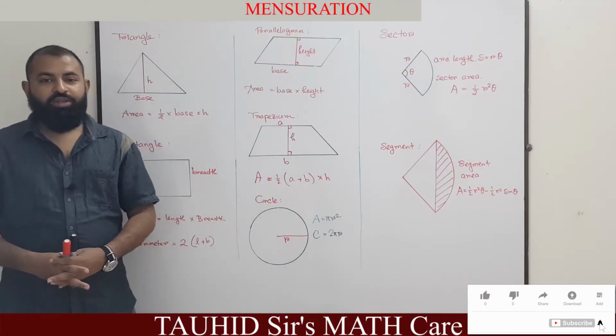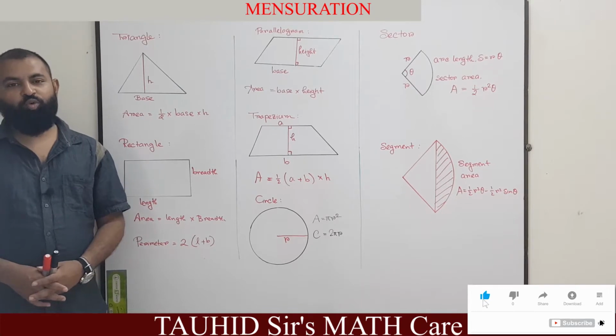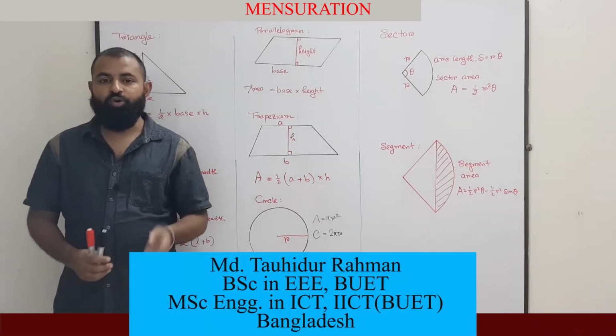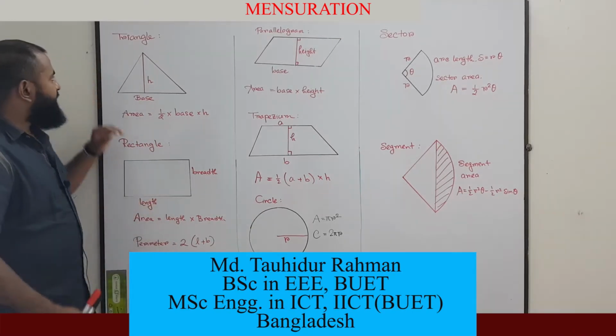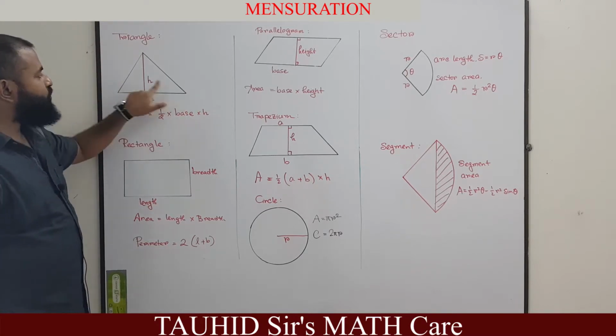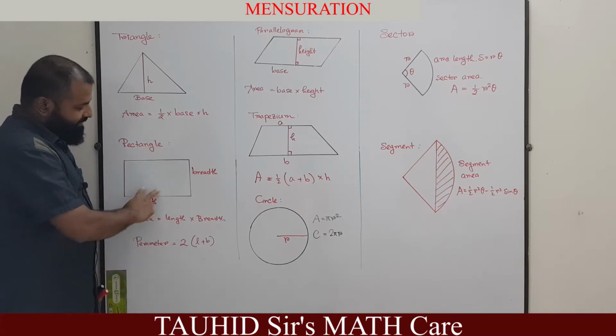In mensuration, you need to calculate mainly the area, perimeter, volume, etc. of some shapes, and in this video we will learn about the area and perimeter of various shapes. We will begin with the triangle. The area of a triangle is half into base into height, and the area of a rectangle is length into breadth,